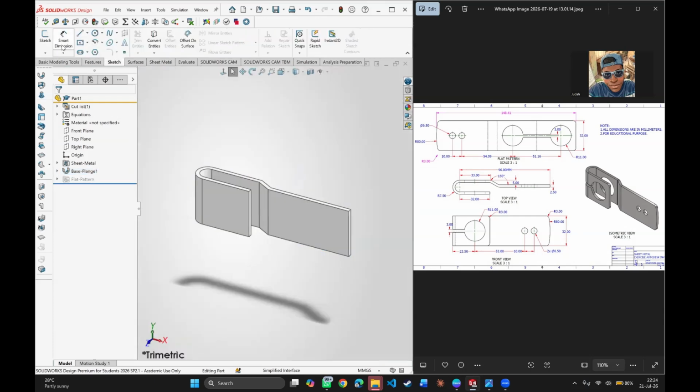Okay, so now I'm going to go back to sketch again because now I want to sketch the holes, these circular holes, this circular hole here and these two small holes. And if you notice, this hole here extends all the way across from this place. So this rectangular hole extends all the way across the two big circular holes. I'm just going to click on front plane, click on sketch,